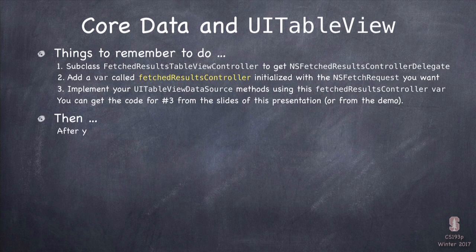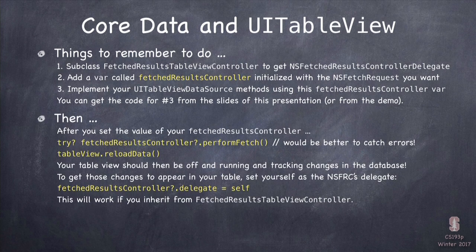After you have all this set up, then you can proceed to using the fetched results controller in your table view controller. First thing you have to do is performFetch on the fetchedResultsController. That will cause it to go out and do your NSFetchRequest, basically. It's not going to pull all the data over, but it's going to basically do the same thing as if you had executed the fetch request yourself. And then you're going to want to do tableView.reloadData, and that's because you want all of your UITableViewDataSource methods to be called, and you know that we've implemented all of them in terms of our fetchedResultsController as shown on the previous slides there.